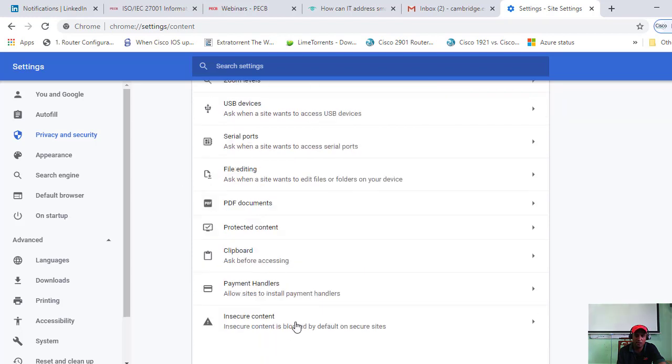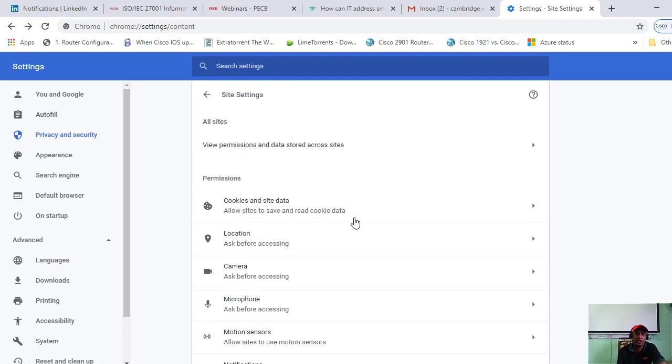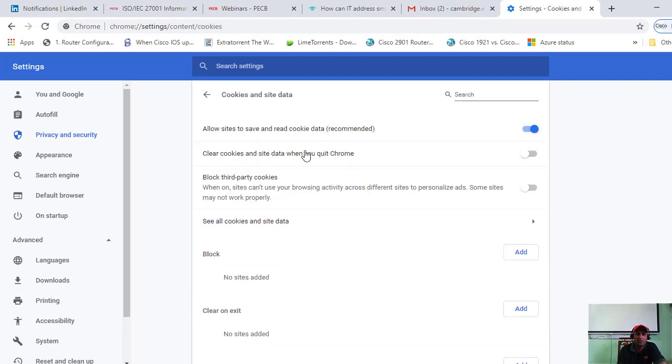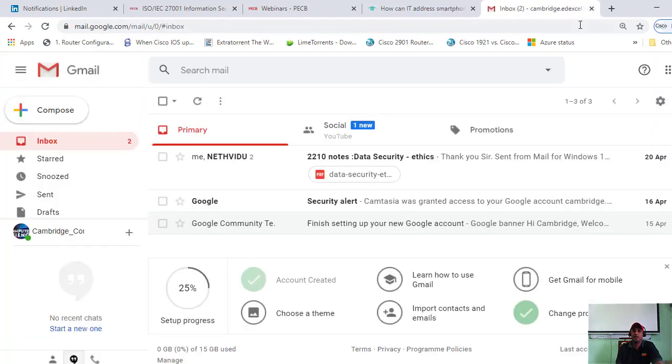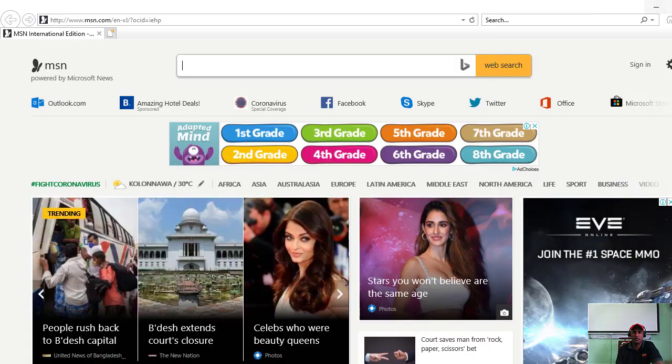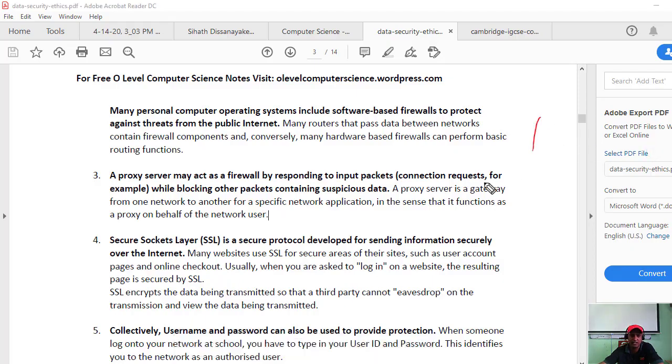I mean, every web browser has some conditions, right? See, earlier that day we talked about cookies, right? This is Google Chrome cookies, right? Clear cookies, how you can clear a cookie, something like that, right? Okay, I think you have a very good idea of the proxy server now, right? Okay. Now we will learn what is this SSL.